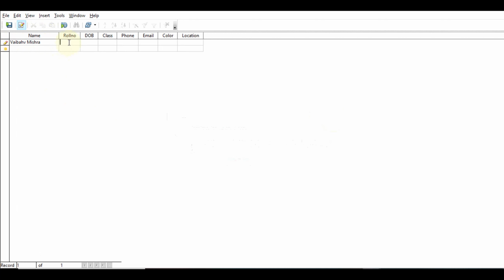After that, roll number, for example 29, DOB 02-06-2007, class 9, phone number I am giving a sample value, and thereafter email ID vaibhav@gmail.com, thereafter color purple, and location Gwalior.